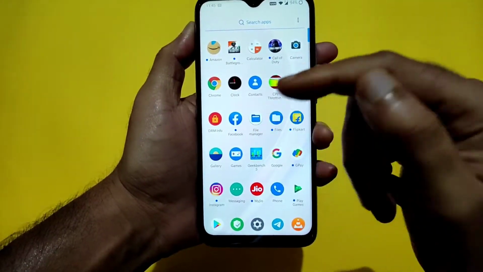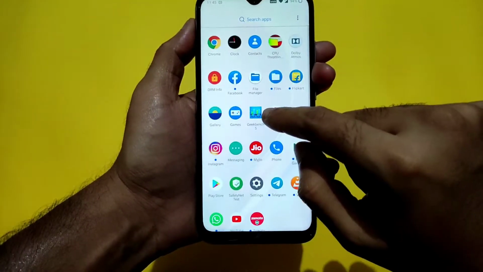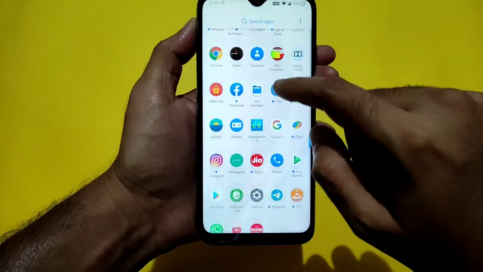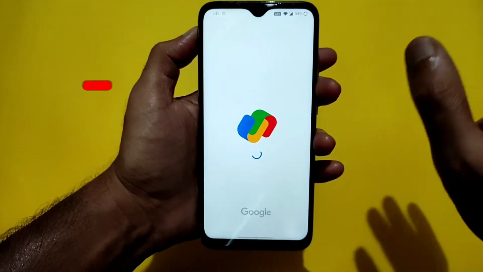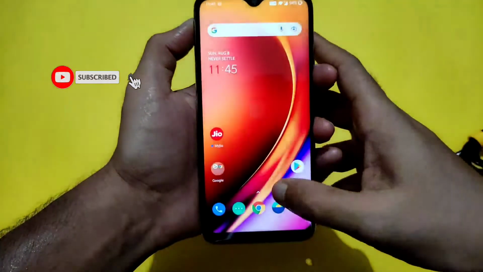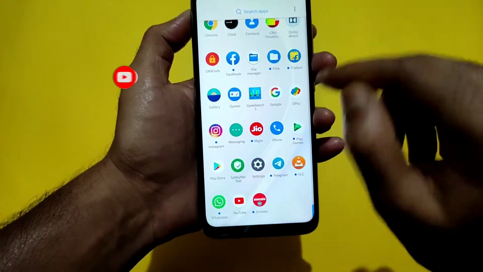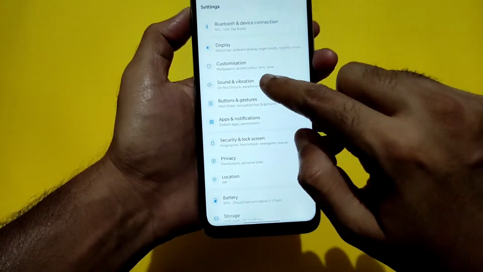And you get two file managers. One is the Google one, another one is OnePlus, I mean the Oxygen OS version like that. And even Google Pay, all the payment apps are also working fine, no problem in this ROM. You can use the payment apps also. It's working fine, no problem when making payments or anything like that. It's fine. And coming to settings, I explained up to sound and vibration.